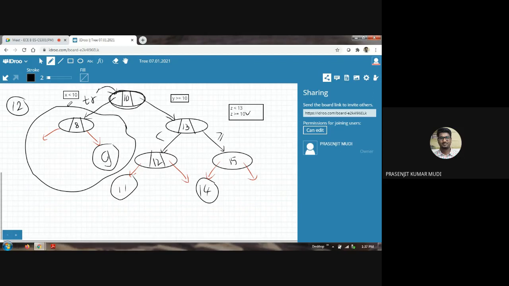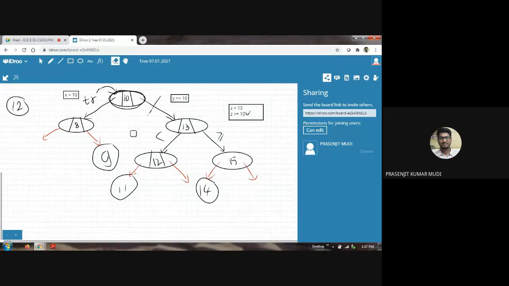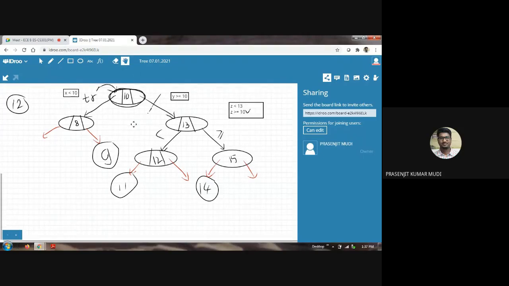You are discarding all the elements present in the left subtree for searching purpose. Only you need to consider the right subtree. Am I correct? Yes or no? Yes, sir. Right. Now, where is the efficiency?